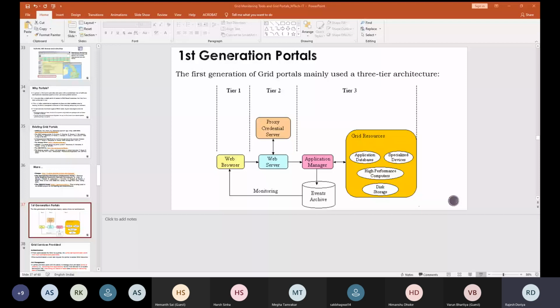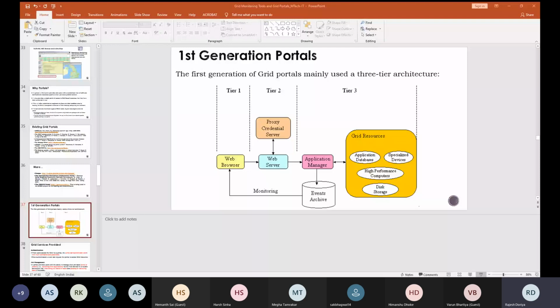Fine. And it provides job management services. When we talk about job management, jobs can be provided serially or in parallel. It may be possible that you want to have a number of things at the same time, so in that case parallel services have to be provided to the user. Apart from that, it has to launch the desired applications, and you may want to monitor the status of a task, or pause some of the tasks, or cancel some of the tasks. All those things can be handled with the job management provided by the grid services.